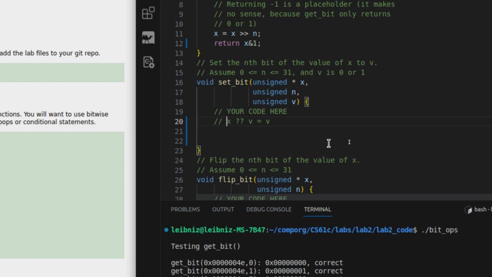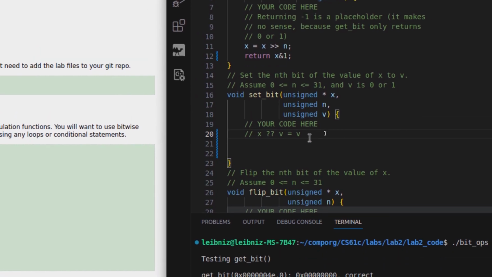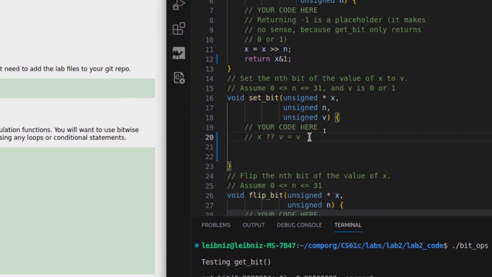So how could I turn this into, I guess I was trying to think of some more clever Boolean way of doing it,